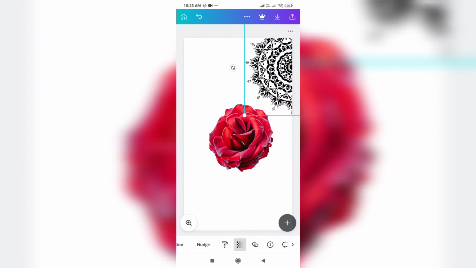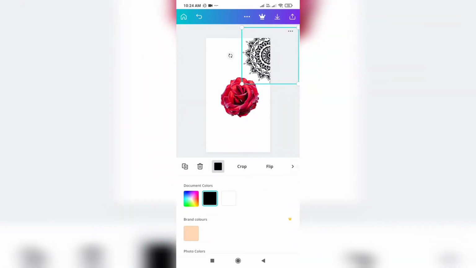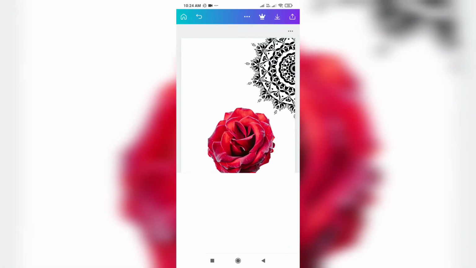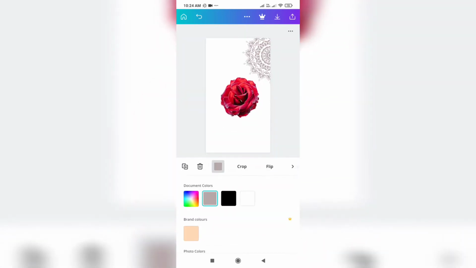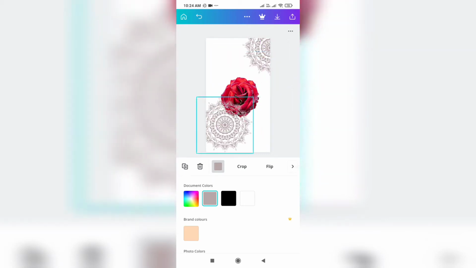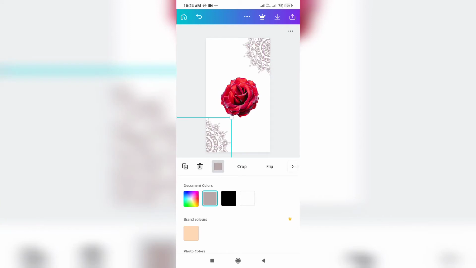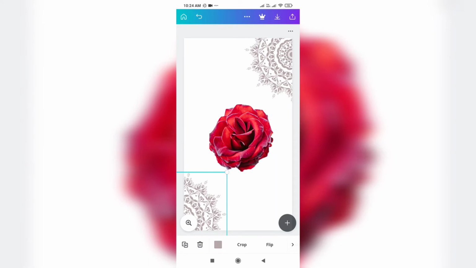You can see all the other tools which are over there, but for now I need to change its color. So I'll just make it a bit grayish instead of too dark. It will look like this. It's looking a bit red, so I'll just drag it over there, and now it's a little bit gray. I'll fix it properly on the upper corner, and you can duplicate it like this. The duplicate button is just beside the dustbin button in the very beginning. That is the duplicate button.